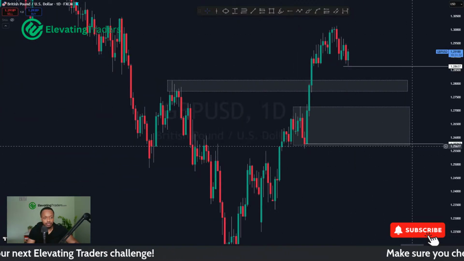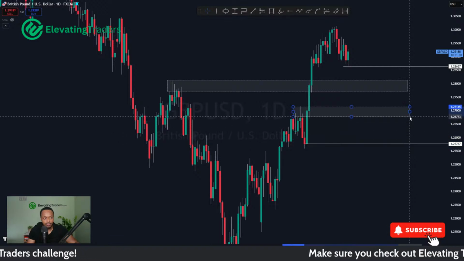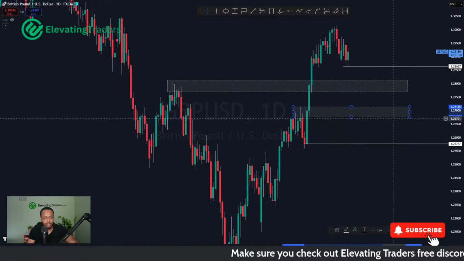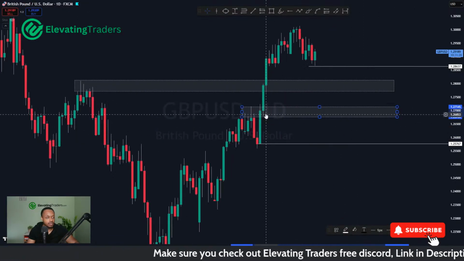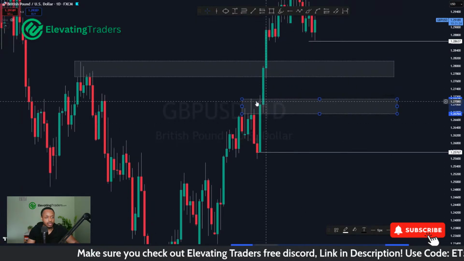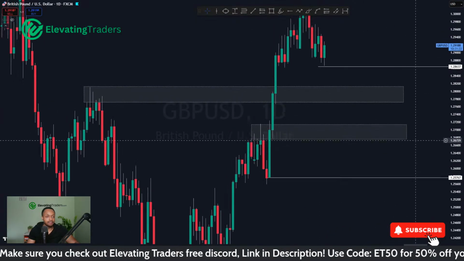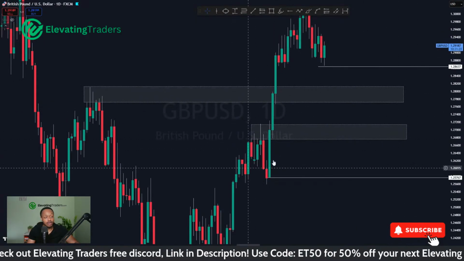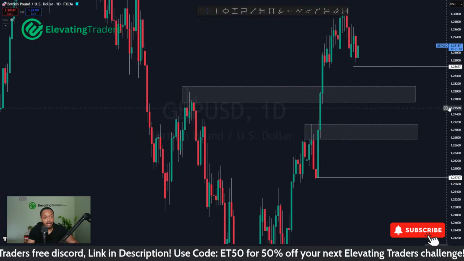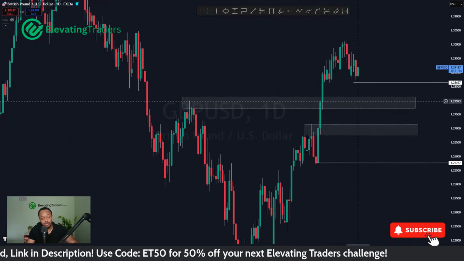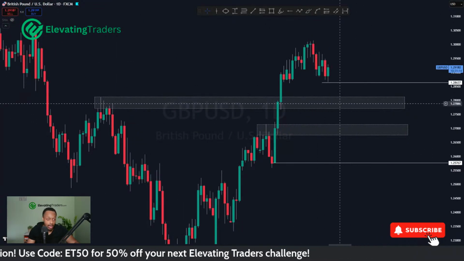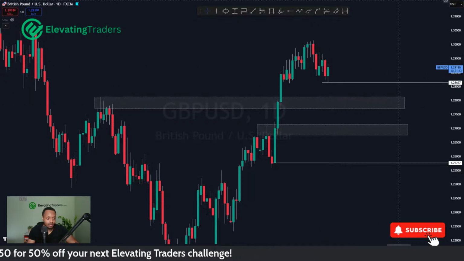Like I said, I'm focusing my efforts on the high of the consolidation there. We might pull a little bit deeper, but more so there's a good chance we'll probably just hold at that level before continuing. But yeah, I do think there's a good chance price does come back to these areas. 1.28 could be a solid level of support as well. So I'm looking to see what we can do there. Possibly we might see price correct and continue.